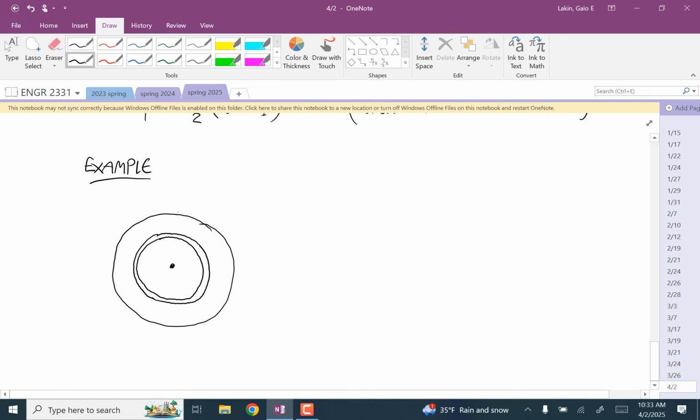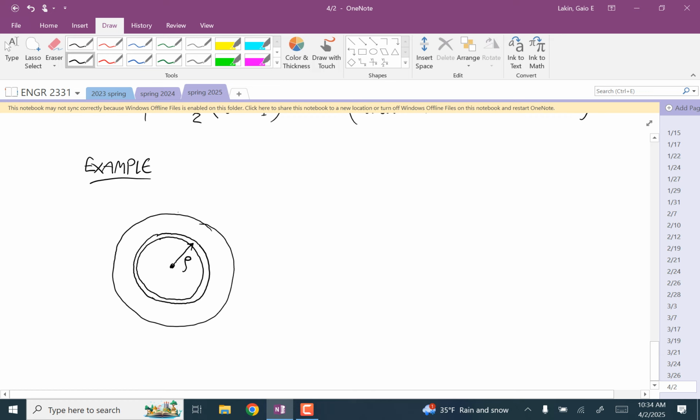So this is our rho. And what's the area of that infinitesimally thick ring? Come on, people. 2 pi dA? Or no? Yeah, 2 pi rho